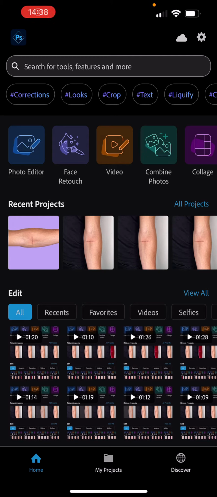Hey guys, today I'm going to show you how to set a background for a photo in Adobe Photoshop mobile